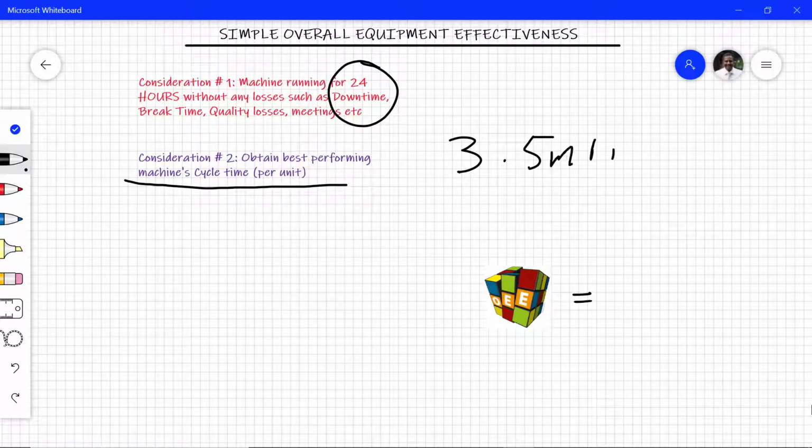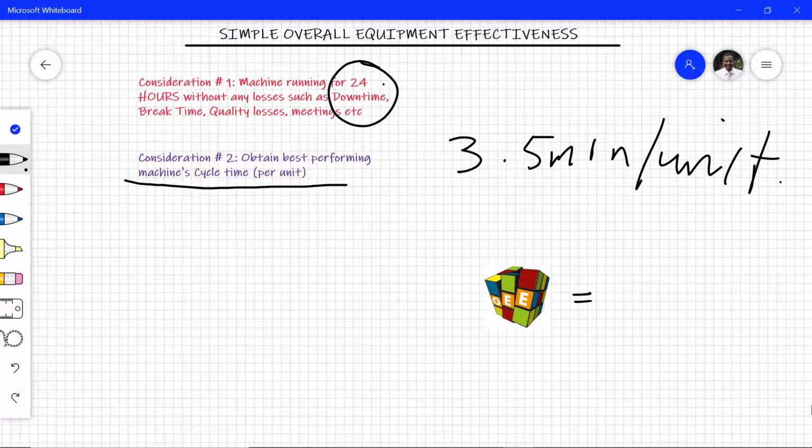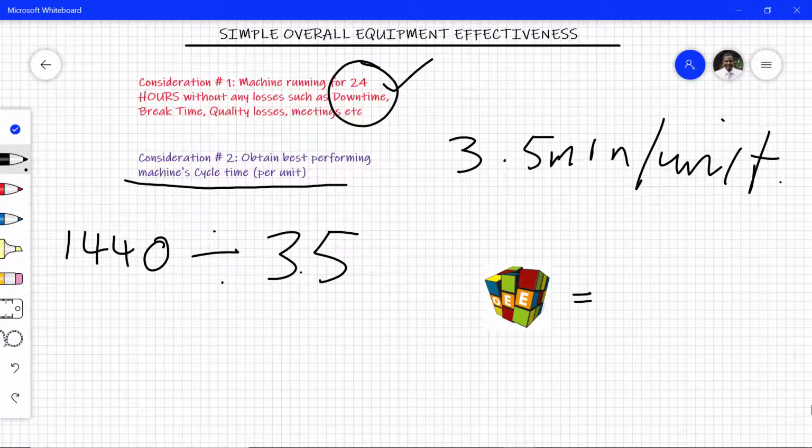We have this information with us. So we want to convert it into your day's output, assuming that you're going to run the machine for 24 hours. So we have 1440 minutes a day divided by 3.5 minutes